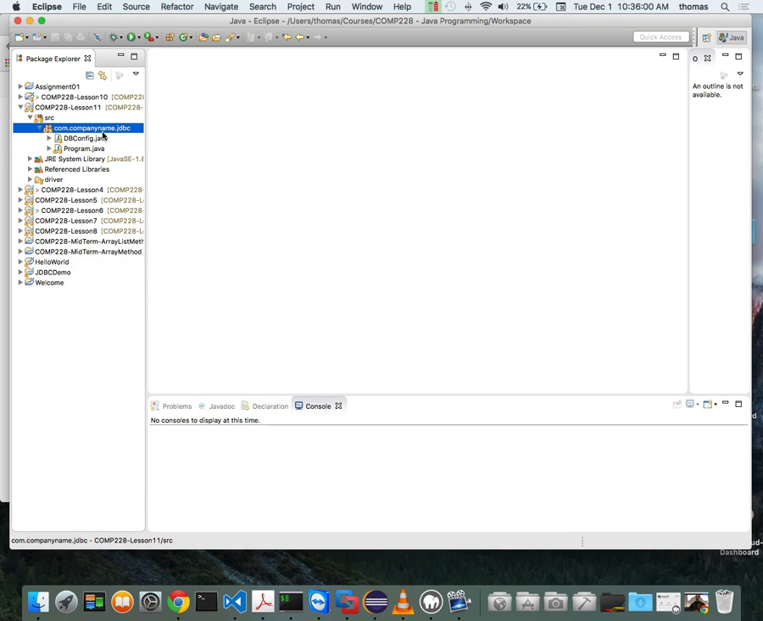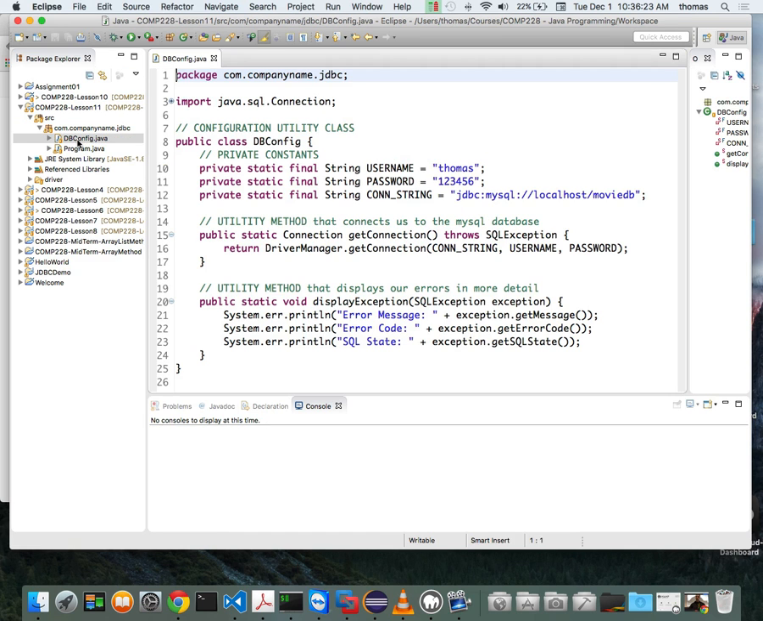By the way, packages and namespaces, whether you're using them in C# and other languages, allow us to compartmentalize our code into different sections, different containers, so that way we can organize ourselves a little better. Right? That's what they do. So we have a couple of files in our JDBC package here. One of them is a file that we made called